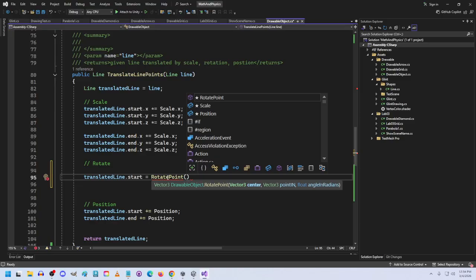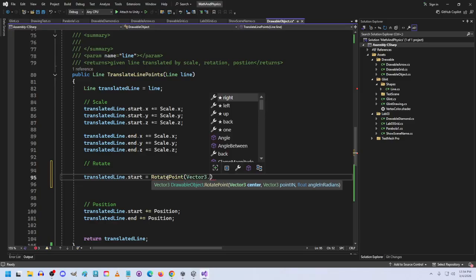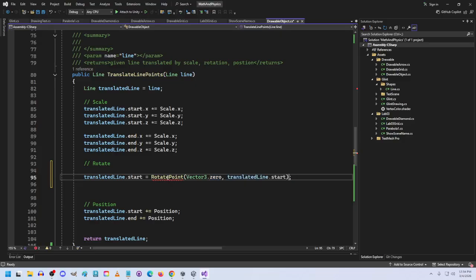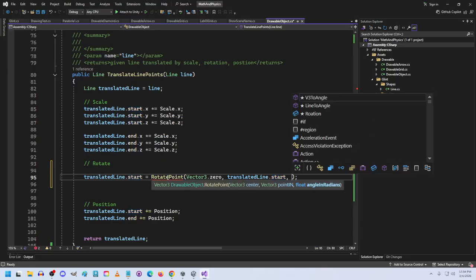The center is going to be Vector3.0, because in this scenario we are inside the grid space, and the object is starting at 0. There's a 0 point to the object already, so the center is at 0 already. We're not positioned somewhere on the grid; we haven't dealt with that scenario. Again, it's going to be translated line start, and then finally,